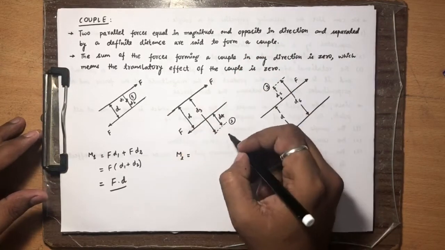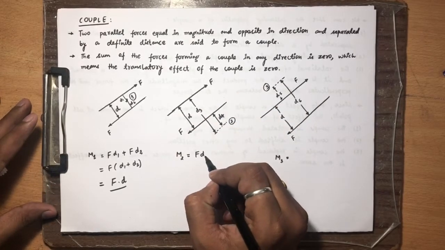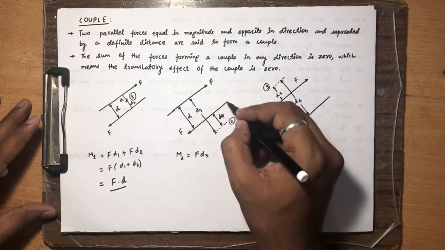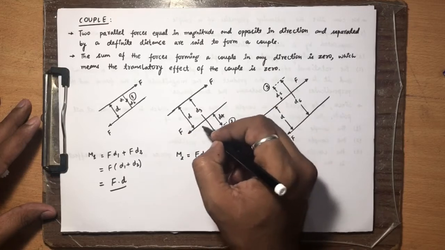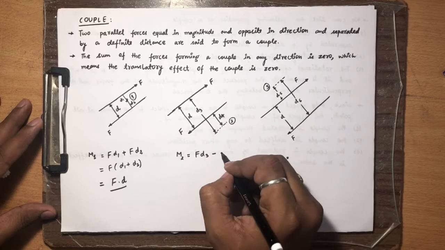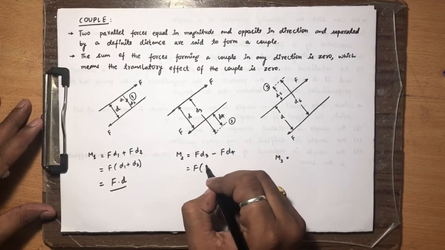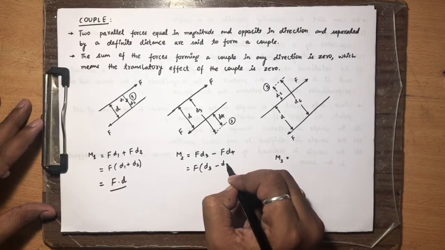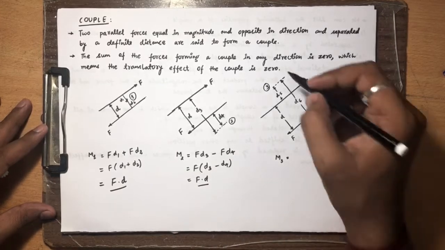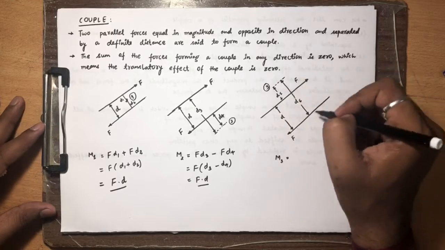So let us say a point is at 2. What is going to be the moment about this point, M2? F into d3. F, the distance is d3. This force is clockwise; this one is not clockwise. The point is here, the force is here, so this is anti-clockwise. So this is F into d4. F into d3 minus d4, which is F into d. Very good. Let us take a third point, which is something like this.